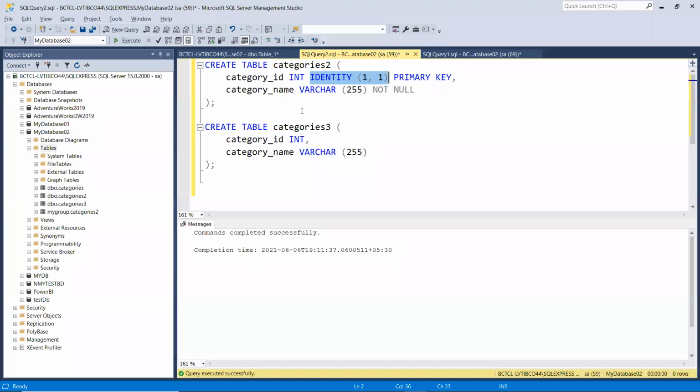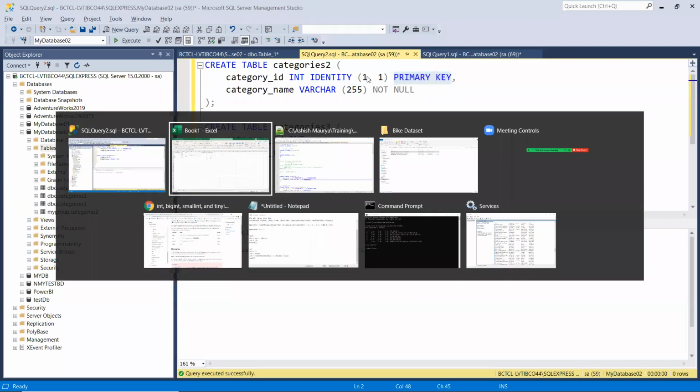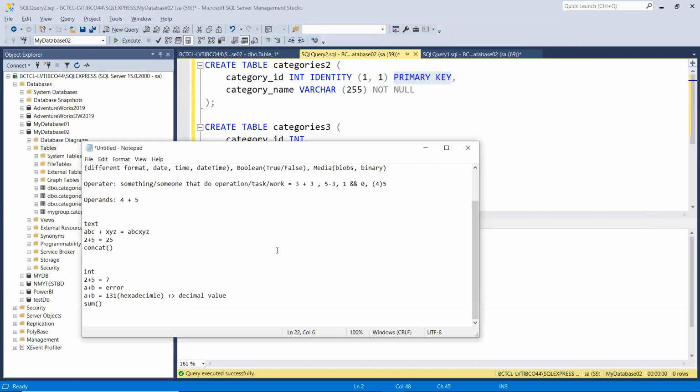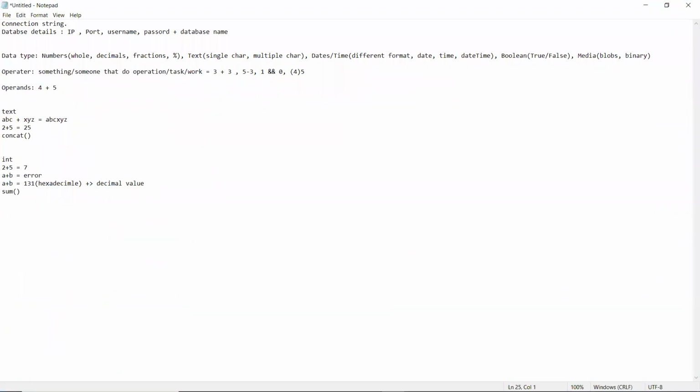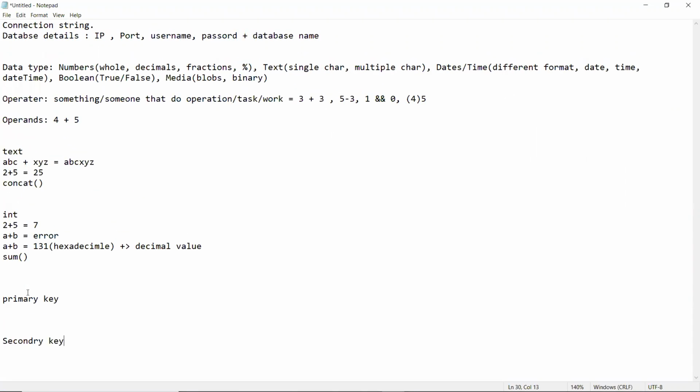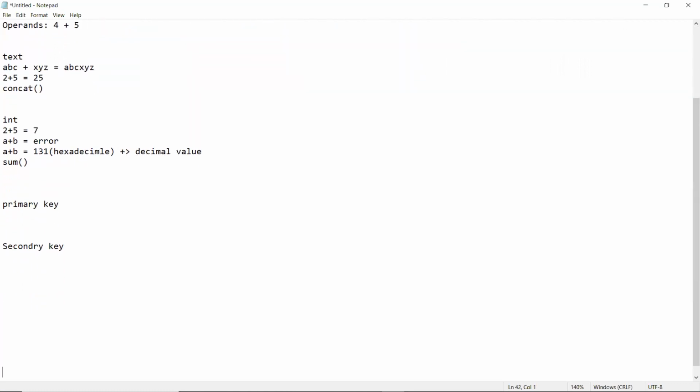Okay, now coming to the third part, what is primary key? Let's understand there are two terms together which we will face, that is primary key and secondary key. I just increase the size. I hope everybody's able to see this one. Yes, it's visible. Okay, so I'll take it on the top.